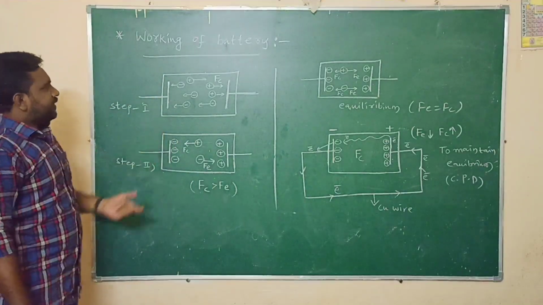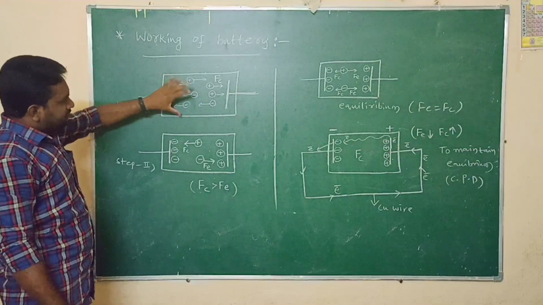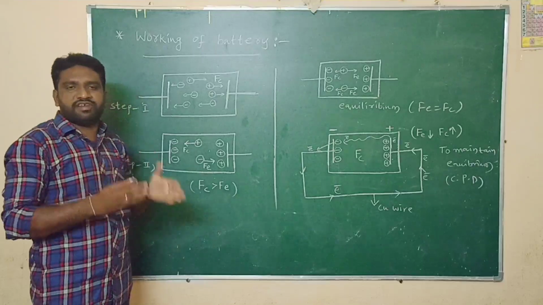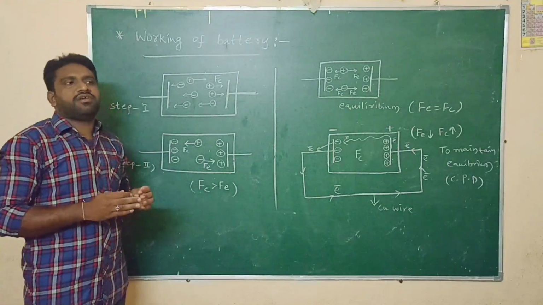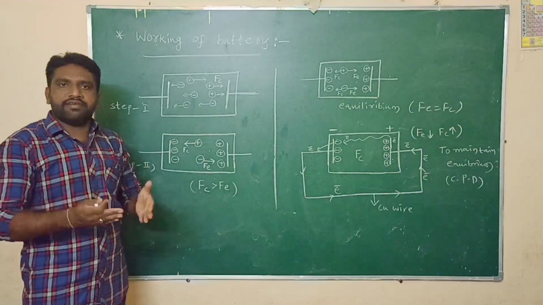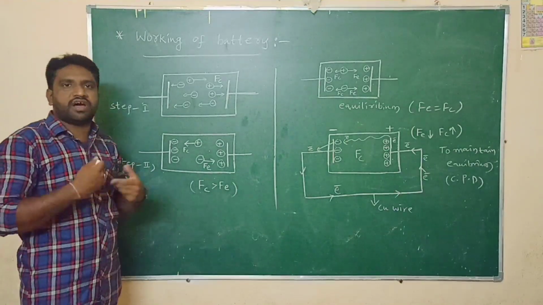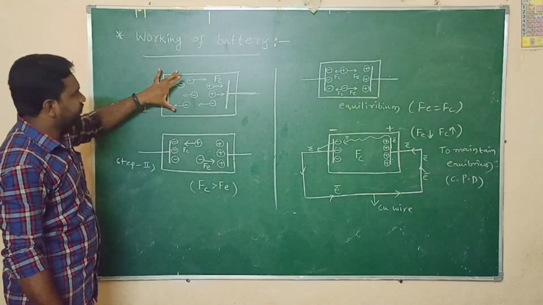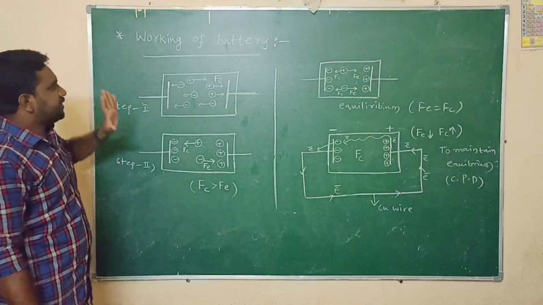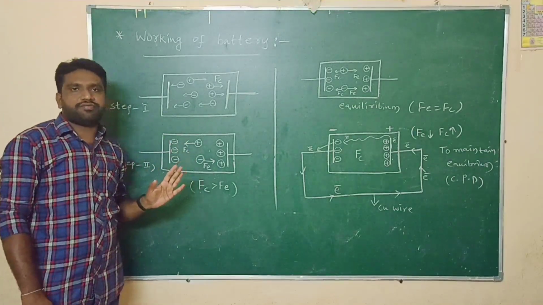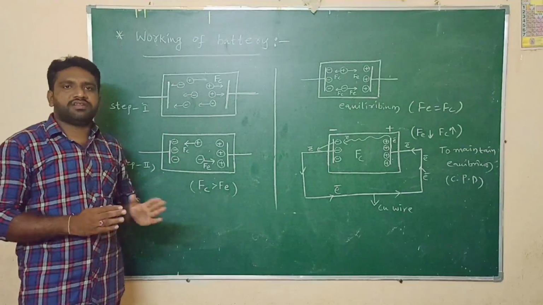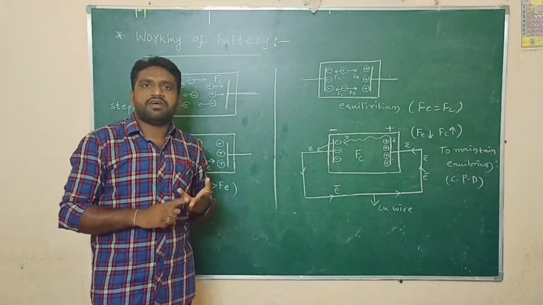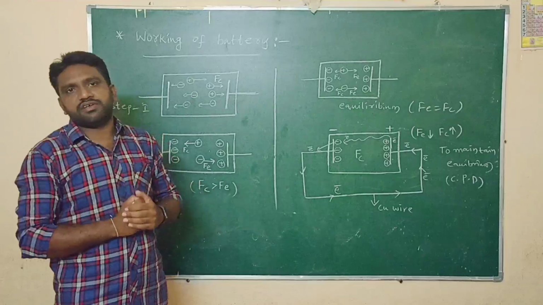Here these two metal plates are placed in electrolyte. Electrolyte is a liquid which allows the current, and it contains a large number of positive ions and negative ions. With the help of the movement of these positive and negative ions only, current will flow in the case of liquids. These are representing the positive and negative ions present in the electrolyte. So what are the three basic components? The first is the positive electrode, the second is the negative electrode, and the third is the electrolyte.